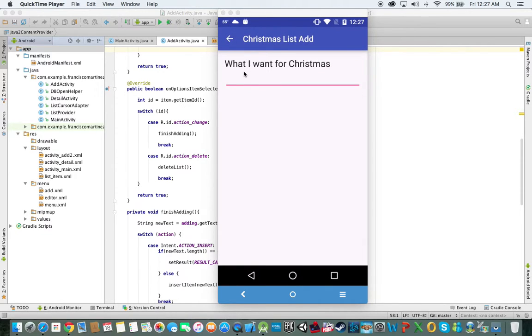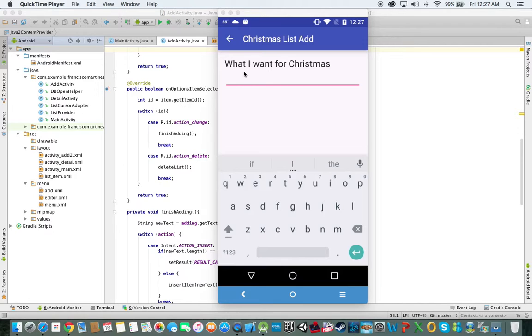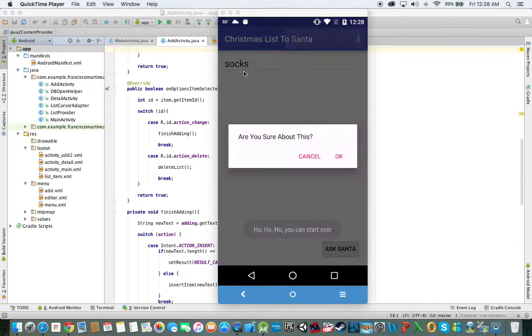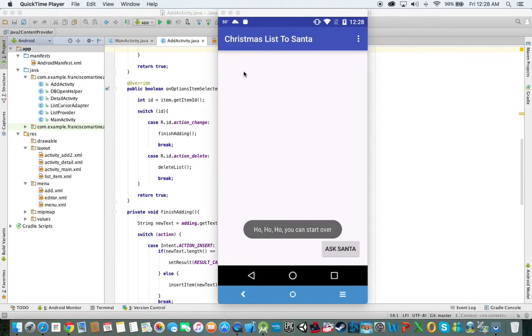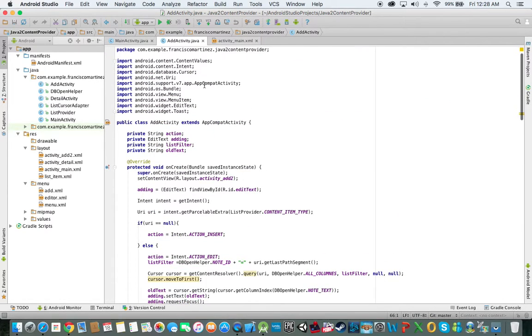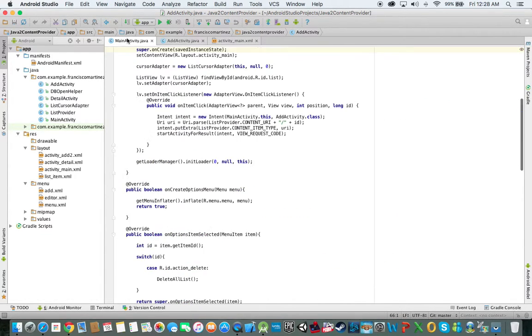But if I was to add something else, say socks, that would disappear and it would be replaced. And then I could also go over here and delete the entire list and everything will be fine. So yeah, once again, as I said, trying to add the detail view onto the application was just